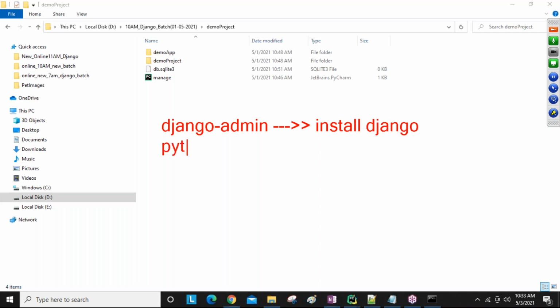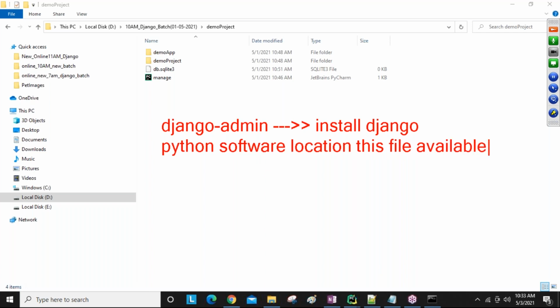In the Python software location, guys. In the Python software, the Scripts folder is there, and it is available there. Okay.